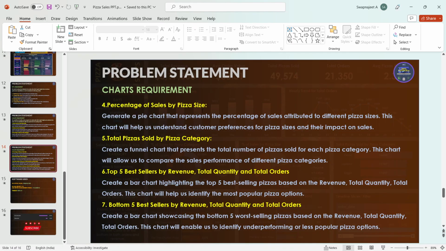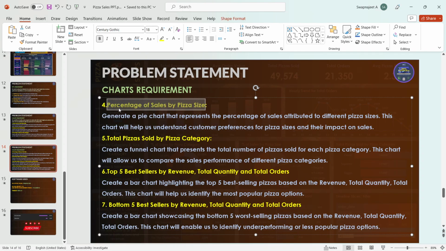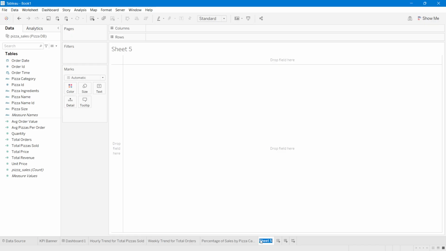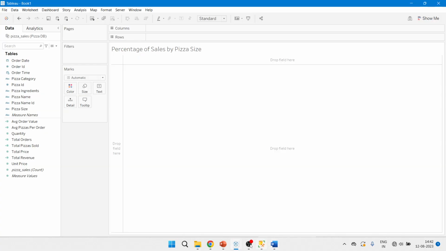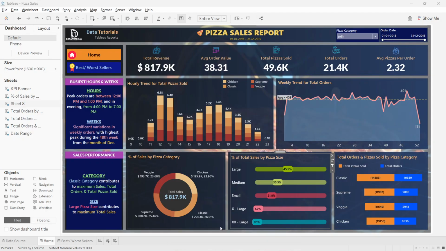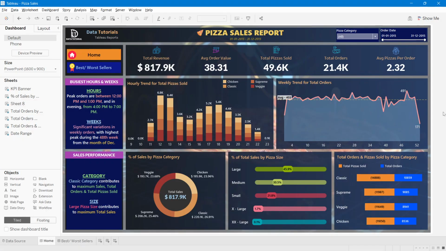As per our next requirement, we have to find out the percentage of sales by pizza size. Okay, I will just copy this and paste it over here in a new sheet. Okay, I've taken a new sheet and here we are going to design our percentage of sales by pizza size. And here you can see, if I show you the already designed dashboard, we are going to design